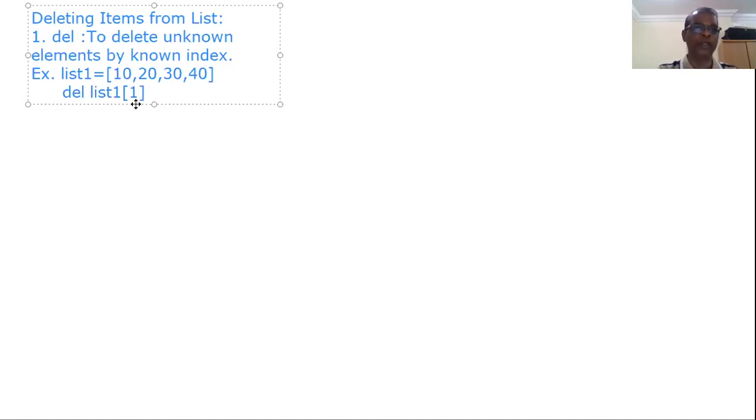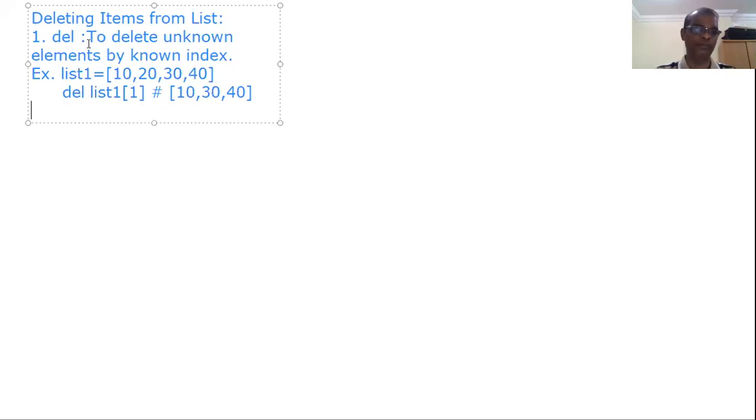That means the index 1 will be removed from list1. That is, 20 is available in index number 1, that will be removed. Now the list will have only 10, 30, 40. We know the index, but we don't know the elements. We are not using any element. We are deleting unknown elements by known index.